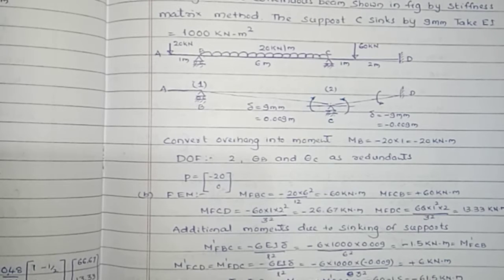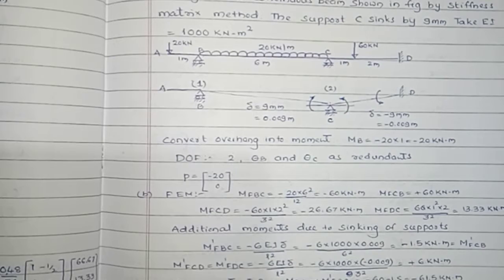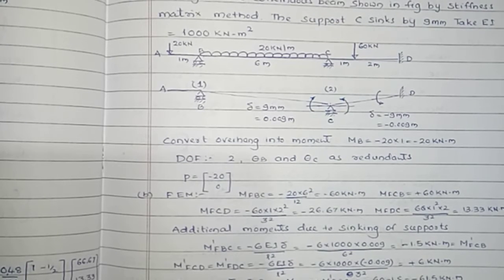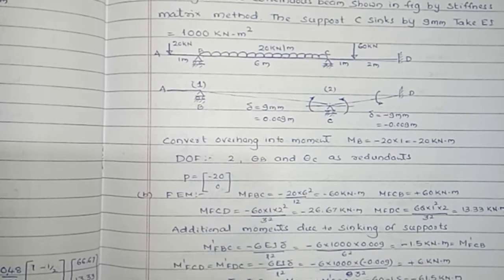Here, between B and C, with respect to the horizontal position, in portion BC the rotation is clockwise. If you observe at support B or at support C, the rotation is clockwise, hence the settlement for the span BC is positive, delta equals 9 mm, or converting that into meters, 0.009